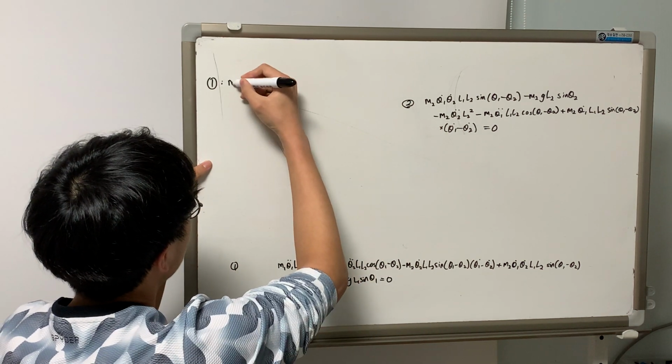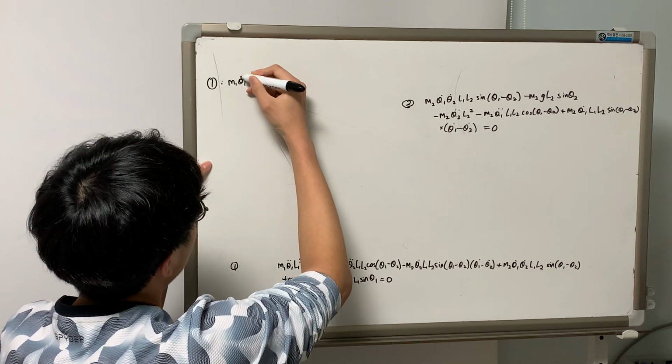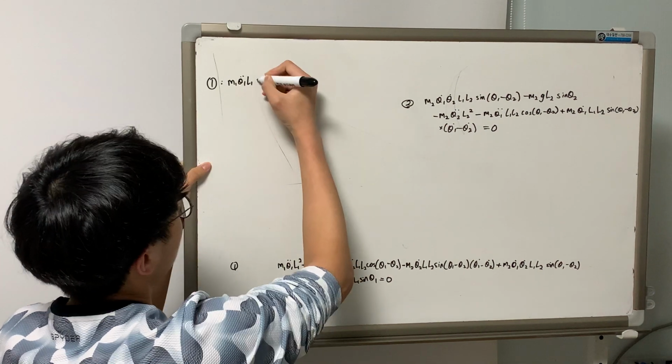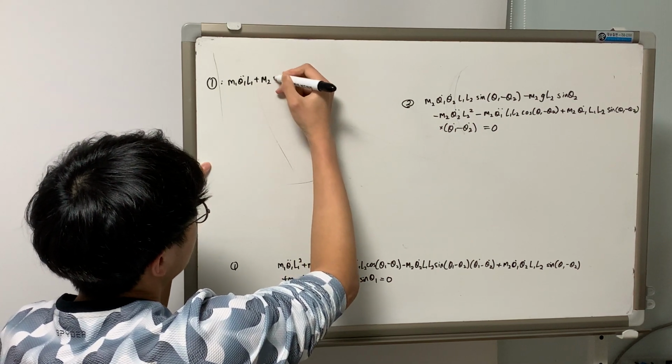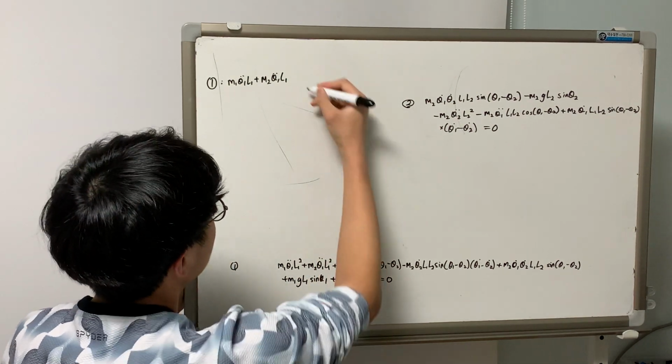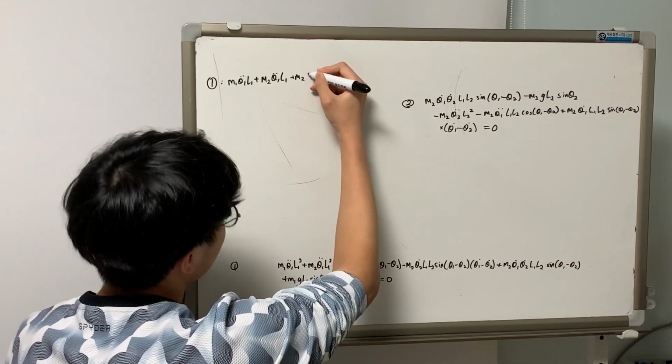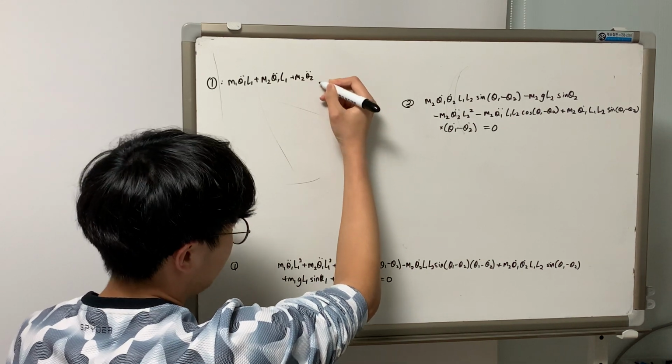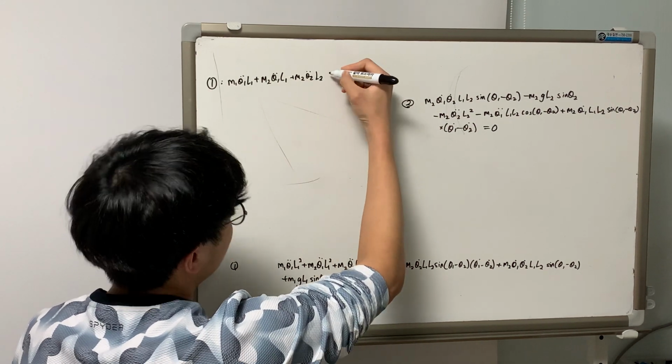And so we get M1 theta 1 dot dot, L1 squared becomes just L1, plus M2, same thing, plus M2 theta 2 dot dot L2 cosine,